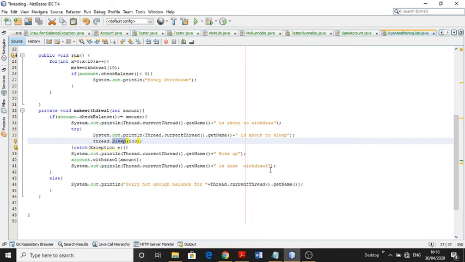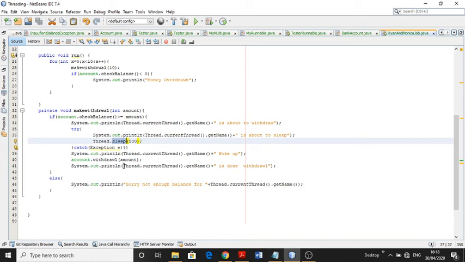When he locks, no other thread, that means Monica, can enter the bank, and he completes the withdrawal. Then he unlocks again, and after that Monica can withdraw.